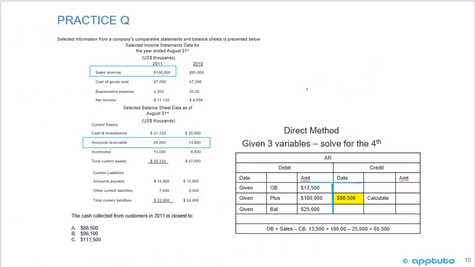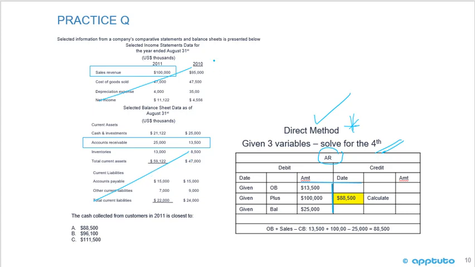Okay, so they're asking you the cash collected from customers. So that's the first insight, that you have to use the direct method, okay? And this is just a set up your T account, given 3 variables, solve for the 4th. So they're giving you all kinds of information here that you don't need at all. And that's typical of the CFA exam as well, because you need to be able to zero in and know exactly what you need. So in this case, we're going to use the AR account, accounts receivable,